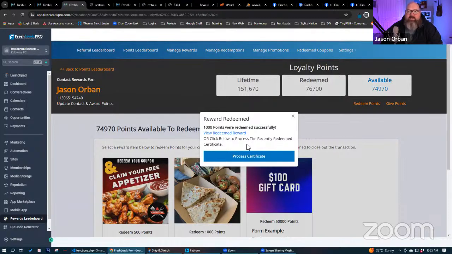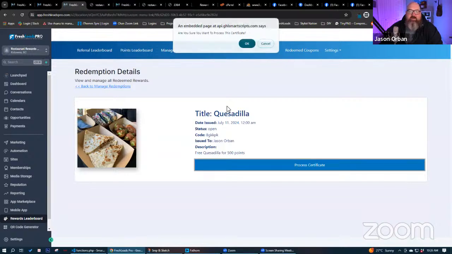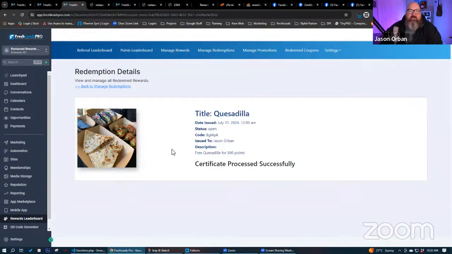So as the staff is doing that, they can redeem the points for that item for that person, because this is tied directly to that contact. We could redeem the points for them. The points are redeemed, and then we can go and process that certificate for them, or we can click on this button here and it'll take us over to the redemption details for that item, and then we can process their certificate on this end too. So just kind of a cool thing that we added there, which I think will add a lot of value